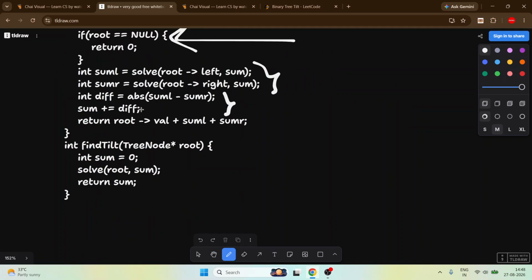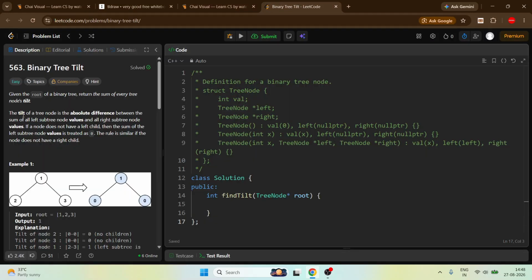Similarly, here we have to make sure of one variable, which is sum, because we have to return the value, and every node returns this value, root value plus left part sum plus right part sum. This is simply our calling function. So if we go to this question: given the root of a binary tree, return the sum of every tilt of every node. Okay,